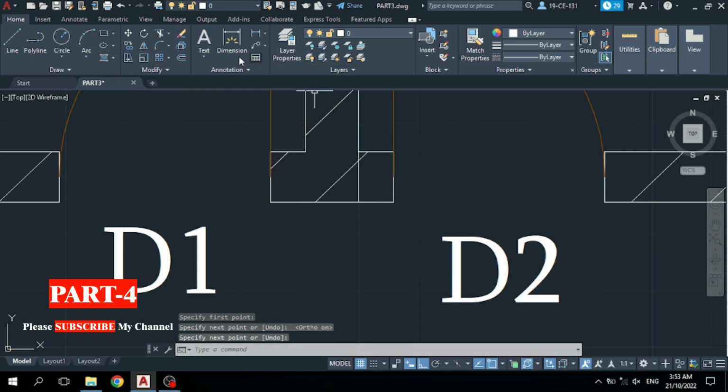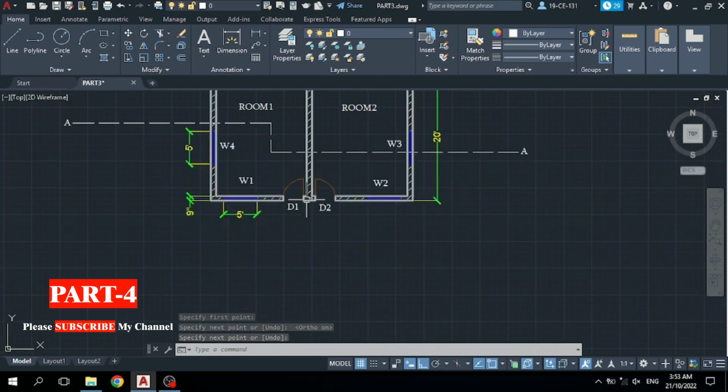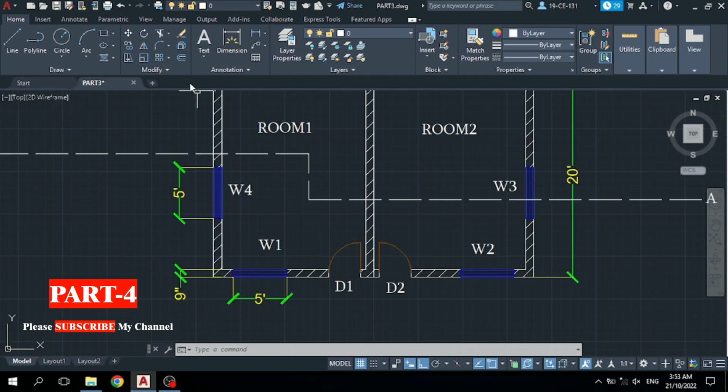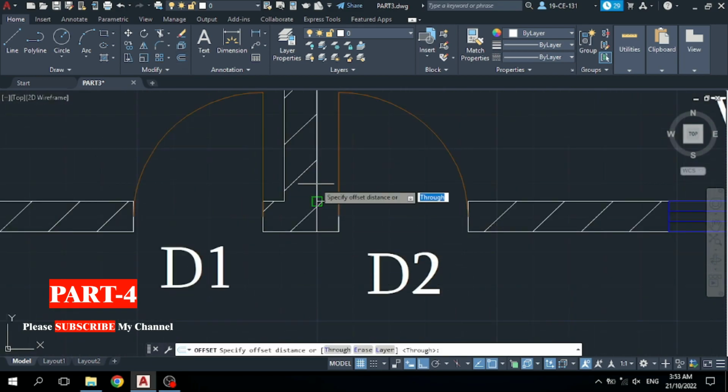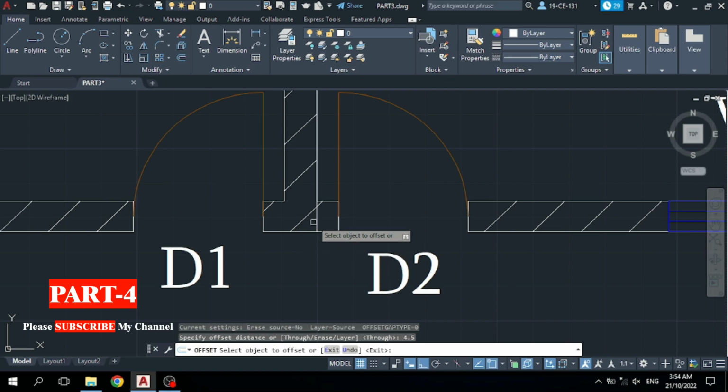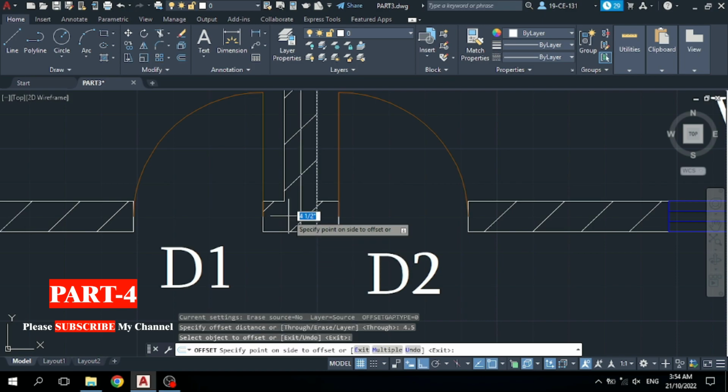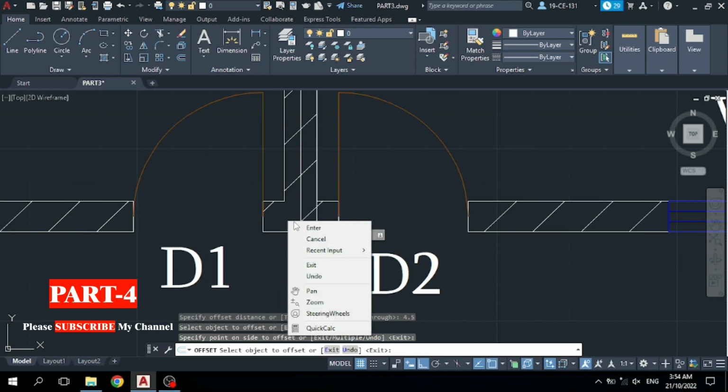Then after that take this offset command. You can see this offset and offset distance. Here I want it to be at this midpoint, so the offset distance should be 4.5, because the thickness of this wall is 9 inches. So it should be 4.5, and press enter, then select this line and offset to this side and press enter to finish the